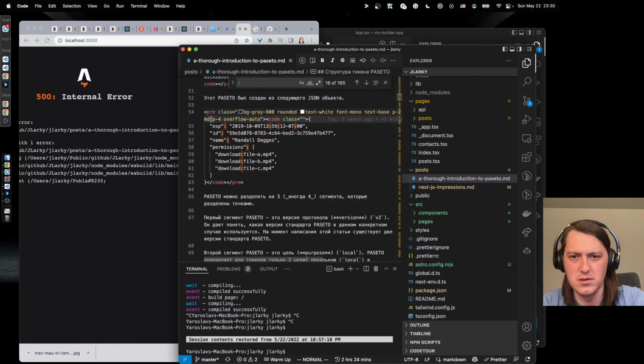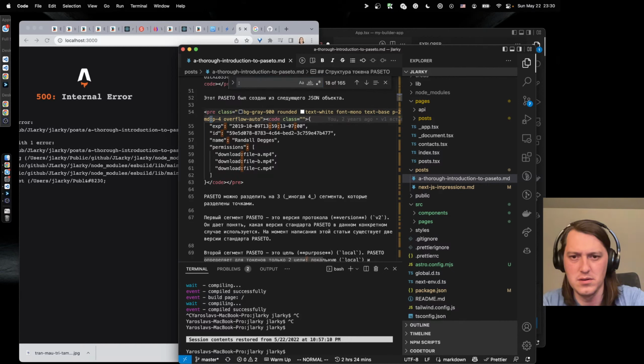So my component is this stuff, I guess. Then useEffect is resolving data.